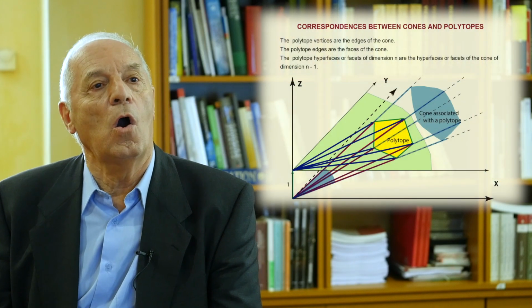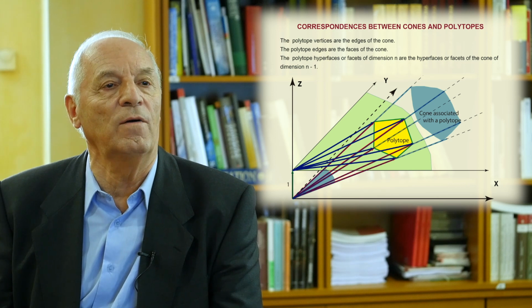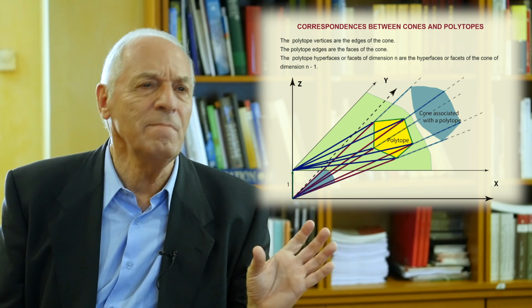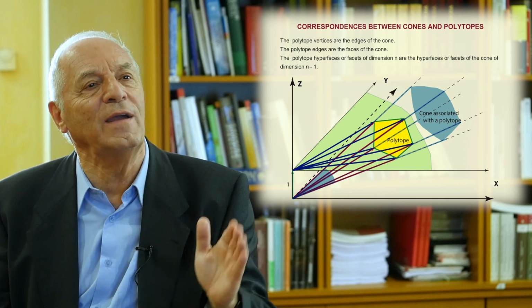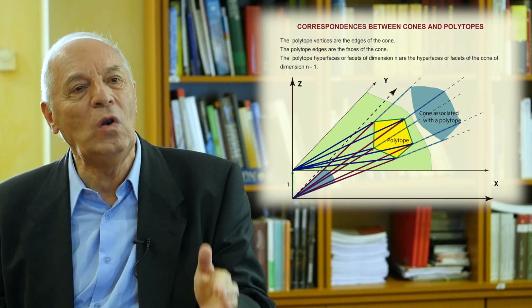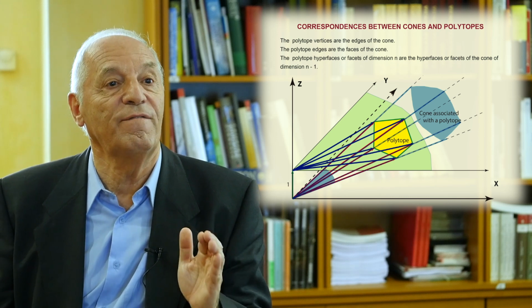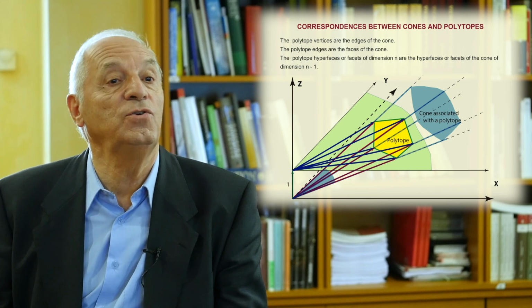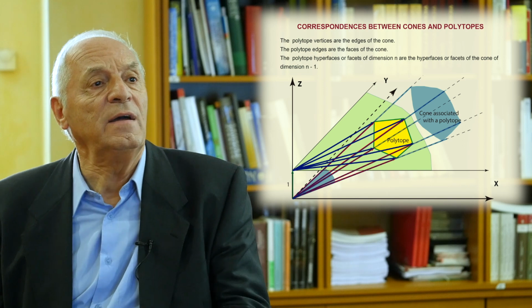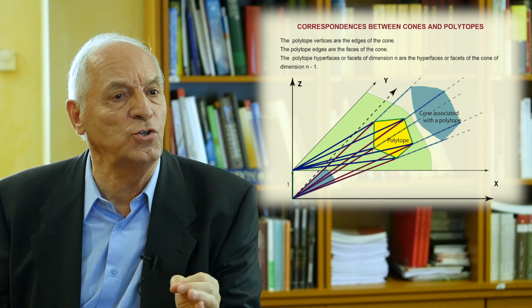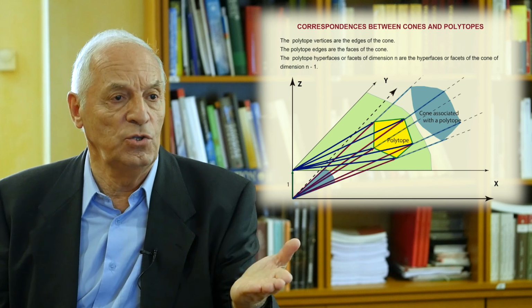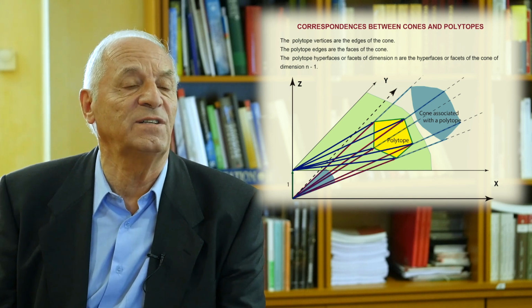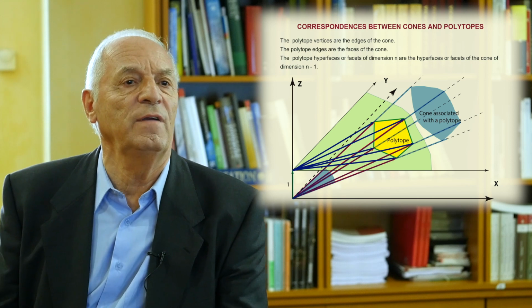It is also very interesting to obtain the faces or the facets of any dimension of a polytope or of a cone. The algorithm, in addition to giving the dual cone of a given cone, gives you all the facets of any dimension. In reality, you have at the end of the algorithm the facets of dimension n minus 1. By intersection of those, you can obtain the facets of any dimension. This is very interesting and will be described in the course.